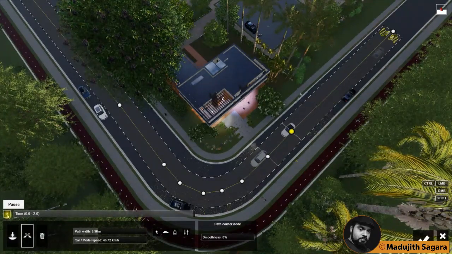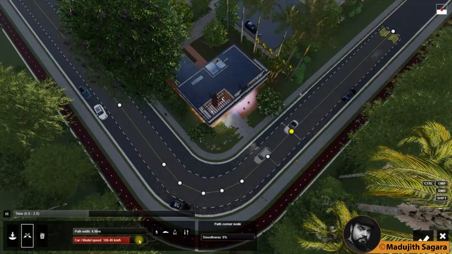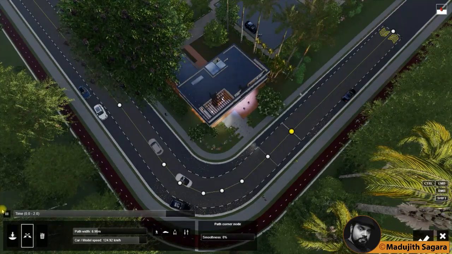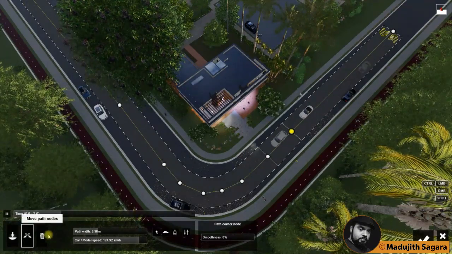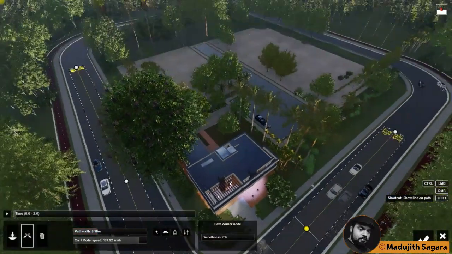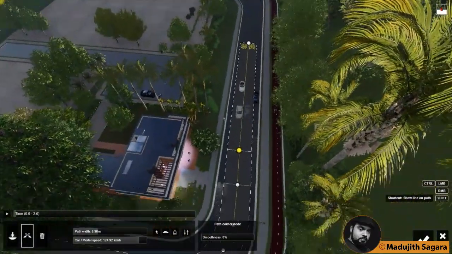And you can see our vehicles are moving very precisely. And also this can be used for the other lanes also. Then I will move to the cycle lane.